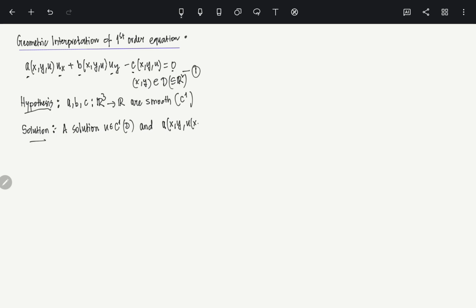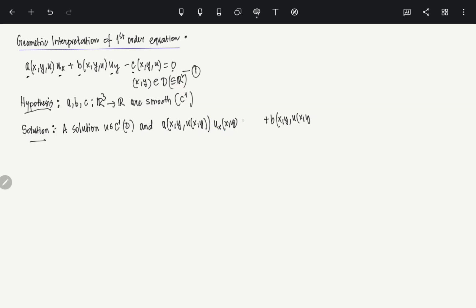a(x, y, u(x, y)) plus b(x, y, u(x, y)), oh, I have missed here u_x(x, y). Okay, so maybe I can put it here. One second, let me just put it there. There is no point writing it like this, so maybe I can put it here. So we have